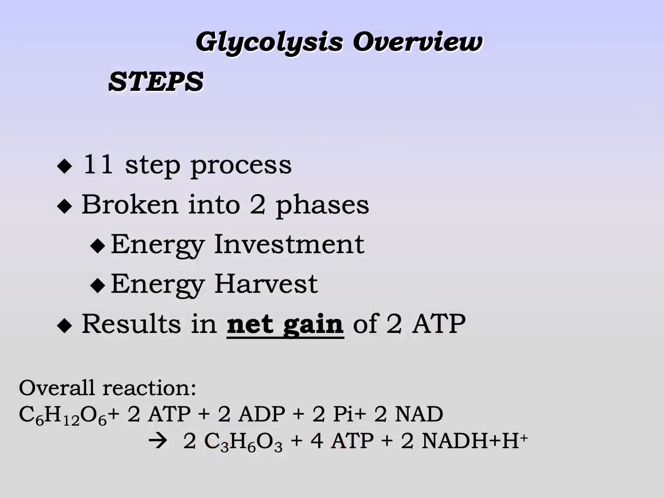The overall biochemistry of this is an 11-step process. It's broken down into those 2 phases. The net result gain of ATP is 2 moles of ATP per mole of glucose. You can see the biochemical reaction laid out. And so let's take a look at this